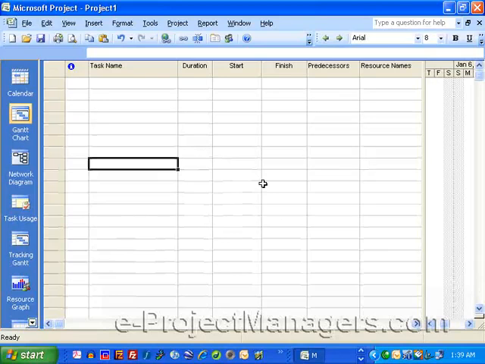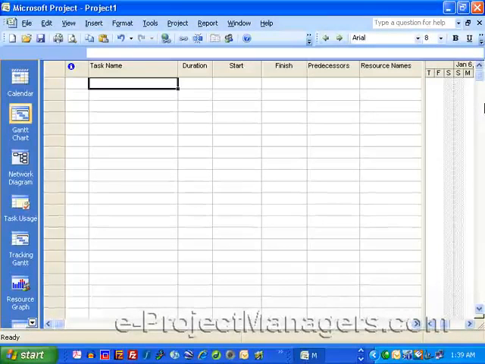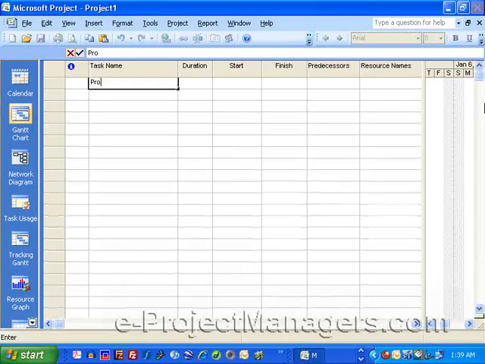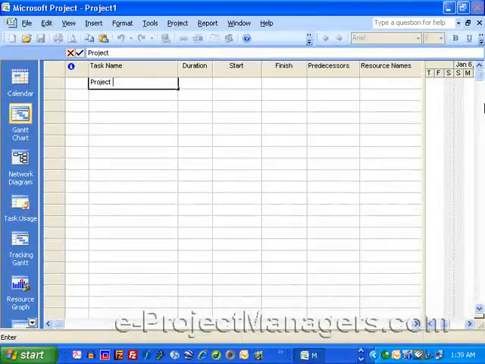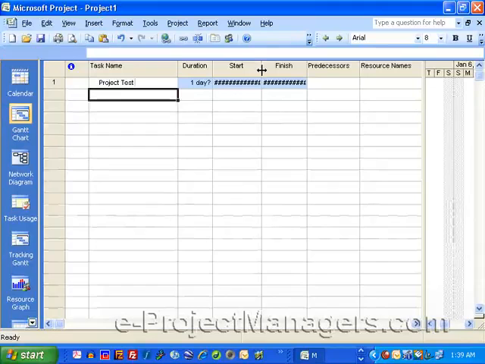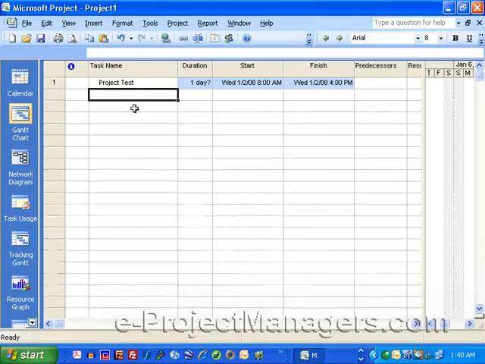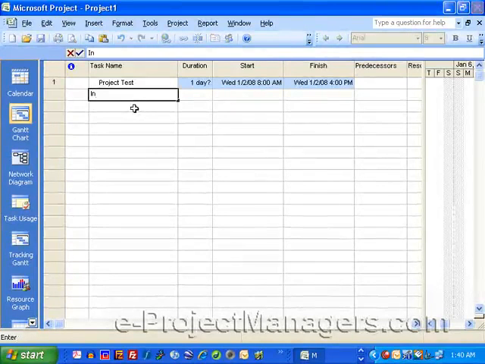Another detail I want to point out to you I would call basic formatting. When you create a project schedule, let's just say this is our test schedule here. I'm going to call this Project Test. That's the name of my project. And within Project Test, I have the standard project phases, initiation,